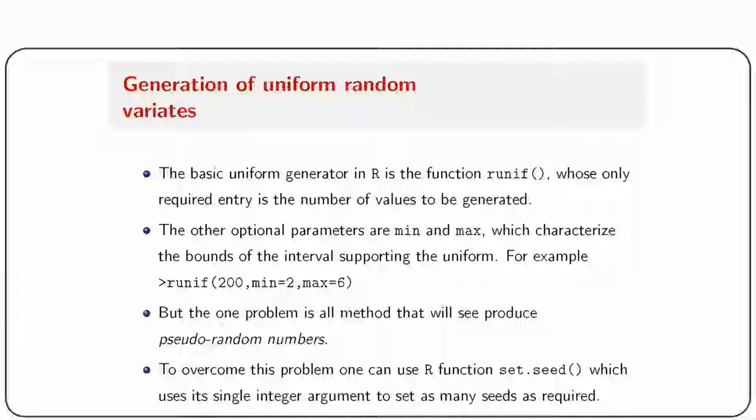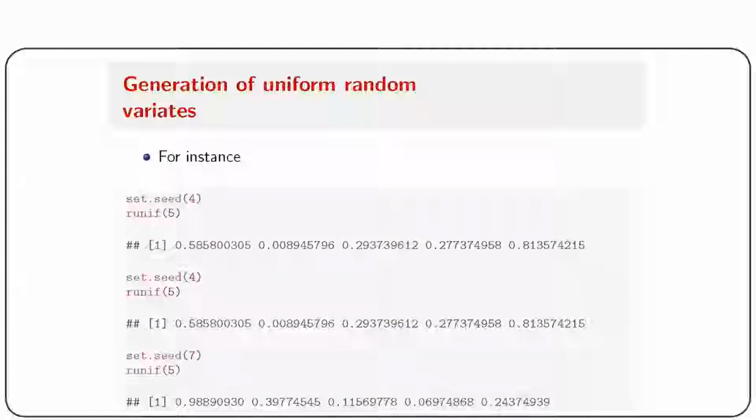But the one problem is that all the methods that we'll see are actually pseudo-random numbers. To overcome this problem, one can use the R function set.seed, which uses its single integer argument to set as many seeds as required. For instance, one can just write set.seed(4), and you can generate 5 uniform random variates from 0, 1, and